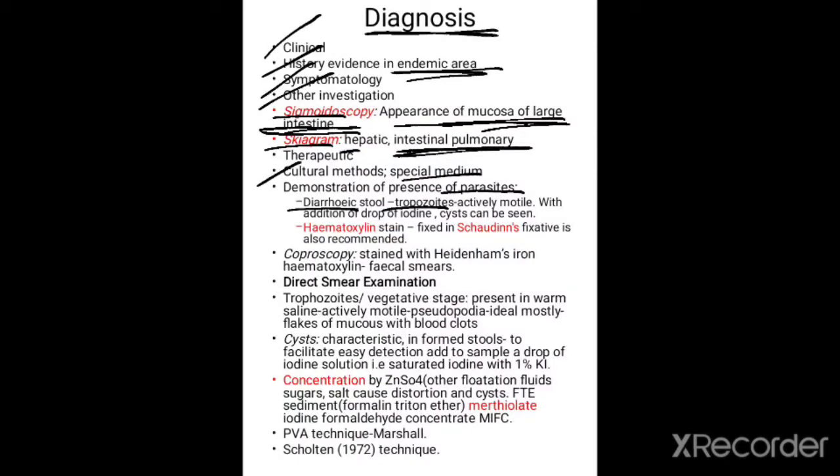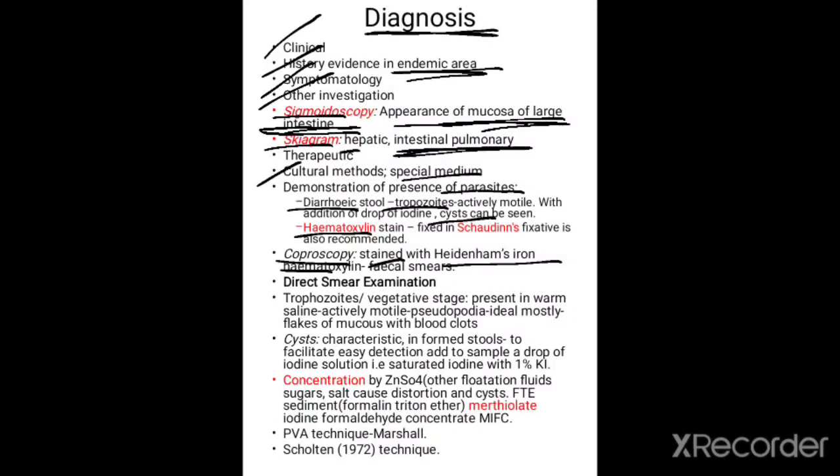It can be stained by hematoxylin stain. In coproscopy, staining with Heidenhain's iron hematoxylin stain will lead to identification of trophozoites or cyst stage in the fecal smear. Culture can be made by using Lyman's media. Hamsters are used as the animal inoculation method, and immune diagnosis such as latex agglutination, AGPT, IFAT, and ELISA can also be employed.